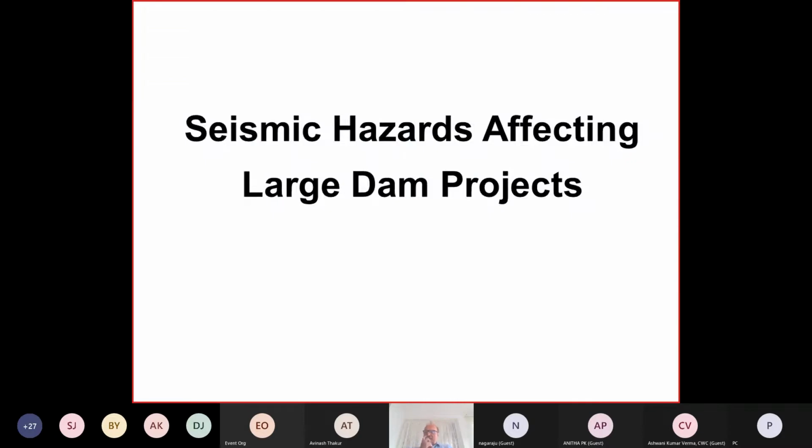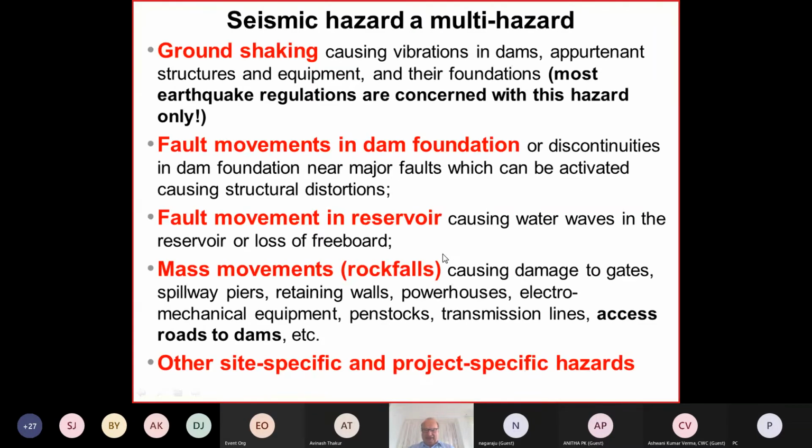Okay, now let me say a few words. These were rock falls and some temperature. Let me say a few words about seismic hazards affecting large dam projects. I've shown already a few, and I would still show this slide a couple of times. I hope you are not too worried about that, but it is important when people underestimate or ignore the fact